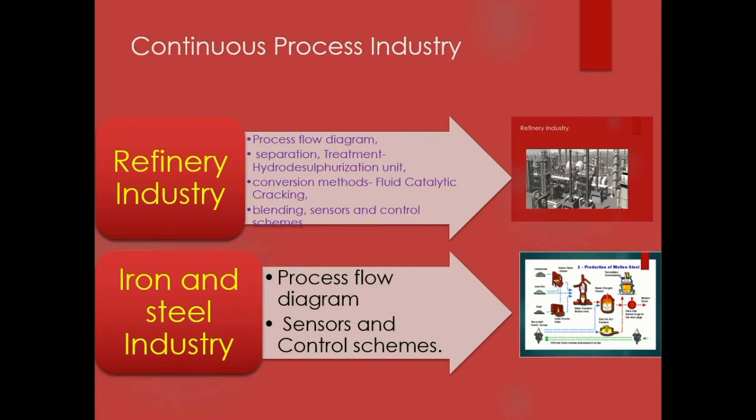But the batch industry is one that does not work continuously. Then how much does it work? It works for a certain time period. The time period is fixed, maybe 4 hours or 8 hours a day. An industry with a fixed time period is called a batch industry. So who comes under the batch industry? The pharmaceutical industry and the food industry are a basic part of the batch industries. So let's see what a refinery industry is.